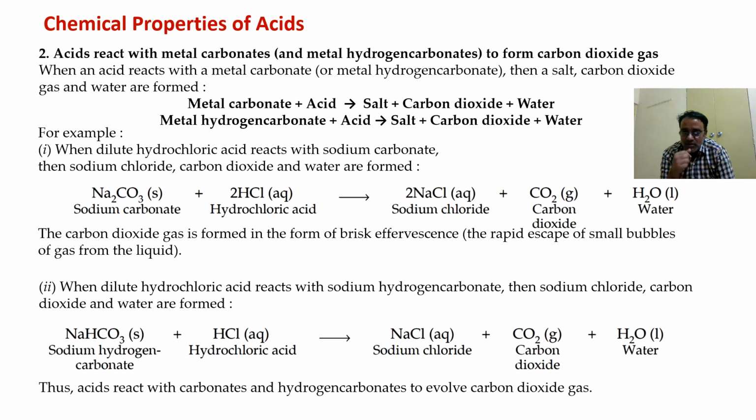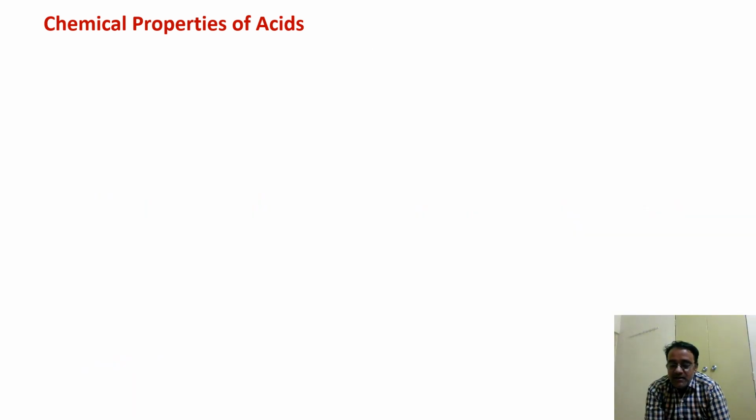So what is the conclusion of the second one? Acids react with carbonates and hydrogen carbonates to evolve carbon dioxide gas, right? And this carbon dioxide gas reacts with lime water. Later it can be reacted with lime water also. So now we'll move towards the next chemical property, that is what will happen when it reacts with